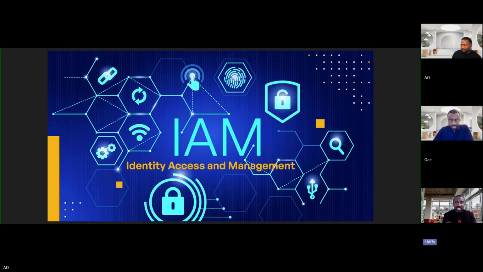Every concept ties in together. If you have role-based access control, you know that for the role of a level 1 engineer, all level 1 engineers need all of these permissions: access to make rules, access to view logs. Anybody you add into that group of level 1 engineers will be able to do all of those activities and nothing more. So that's basically the concept of least privilege. I think AD wants to add something to that. AD?